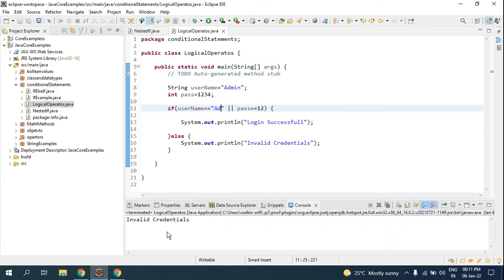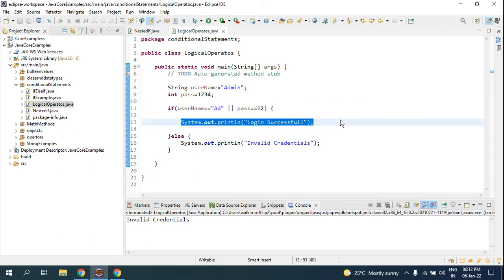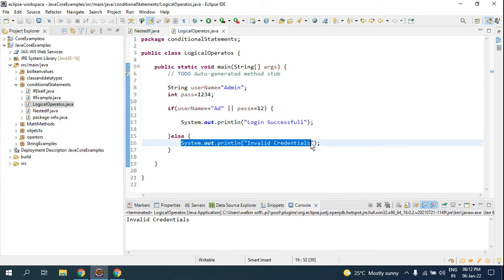So the difference between the AND operator and the OR operator is that for the AND operator, both conditions must be true. If both are true, the AND operator will give the true statement. If either one is false, the AND operator gives invalid credentials.